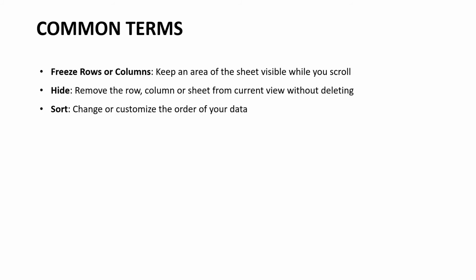You can sort data in a spreadsheet column or a range of cells. If you would like to change or customize the order of your data, for example, you might sort a column to put your data in numerical or alphabetical order. You can filter your spreadsheet to display only the data that interests you. For example, you may apply a filter to a budget spreadsheet to only show payments for a given month.